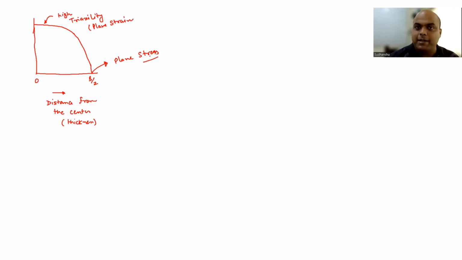So if you have a pre-existing crack, the void is going to nucleate, and the growth also will be much easier inside the sample as compared to the surface. So what will happen? Your crack is going to grow much faster inside the sample as compared to the surface, because of triaxiality inside the sample. Okay, so what I am saying is that due to triaxiality,